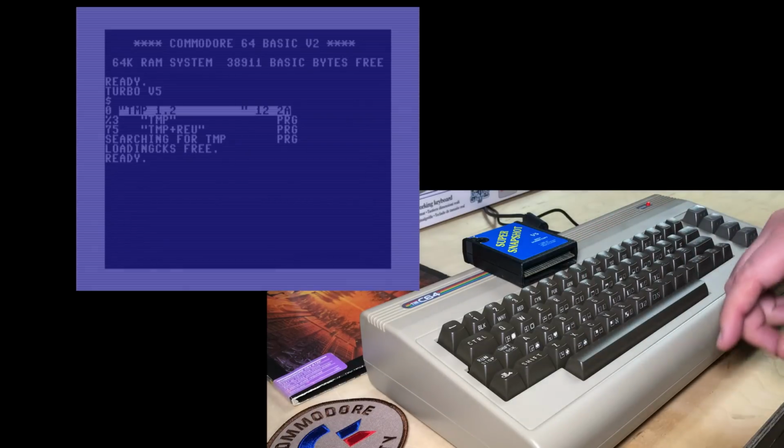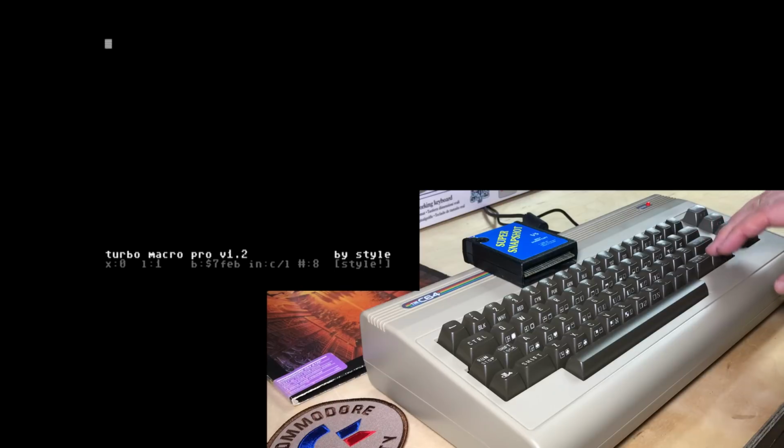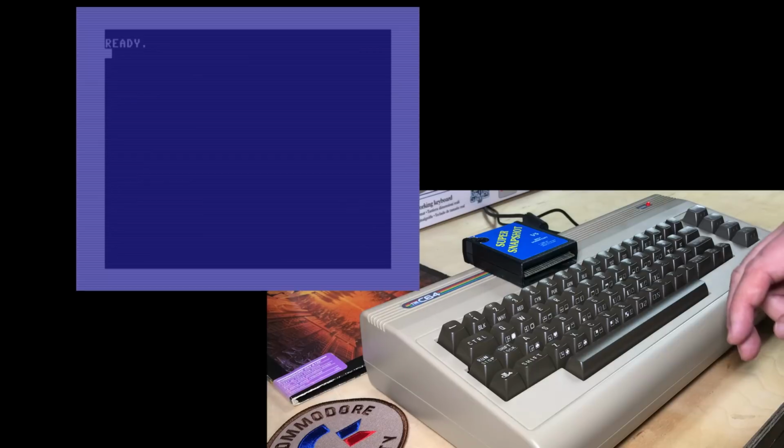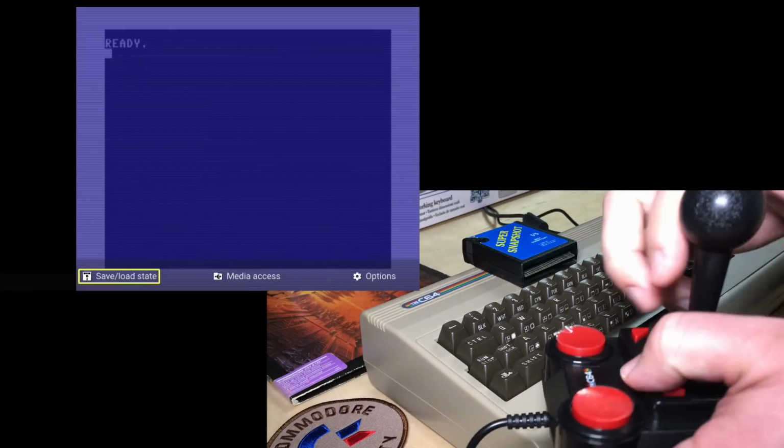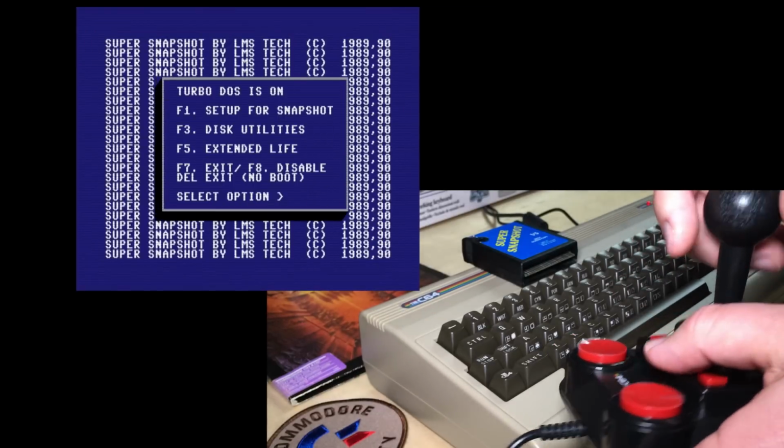You see how quickly that loads? And now we can do 32768. And there we are in the editor. And if we exit back to basic here, so if I go into the options and reset the computer,